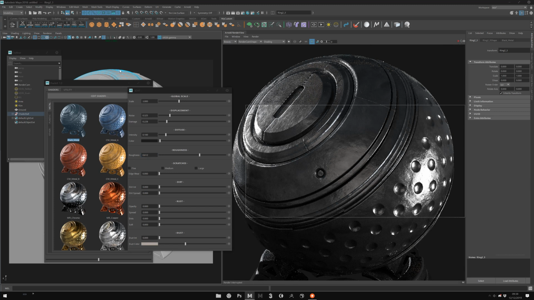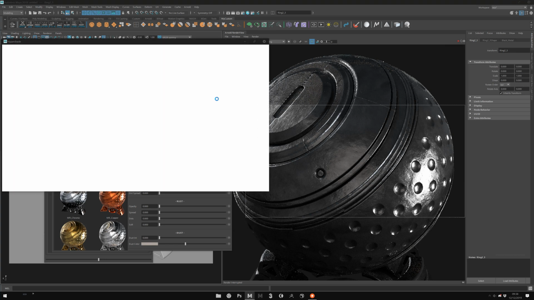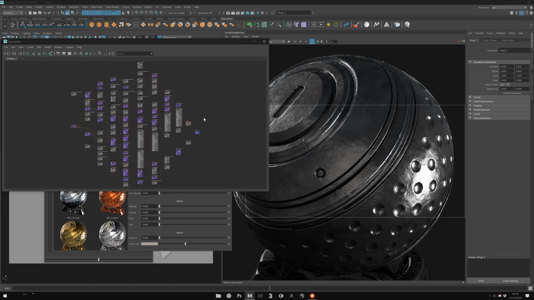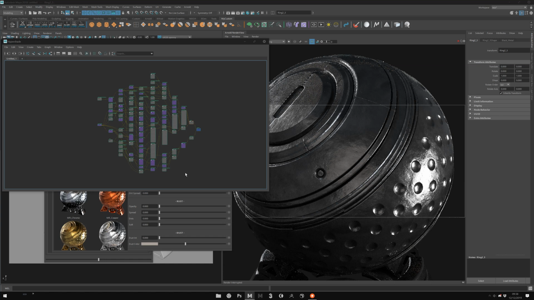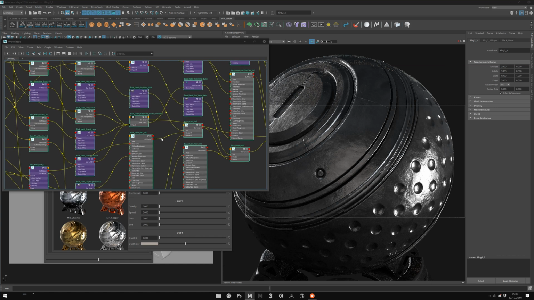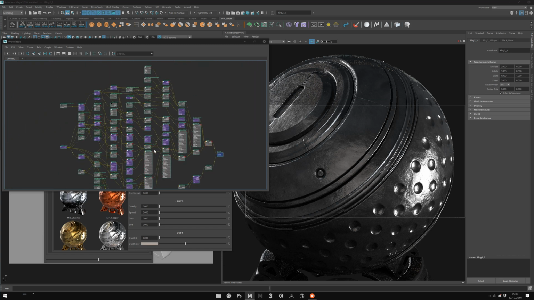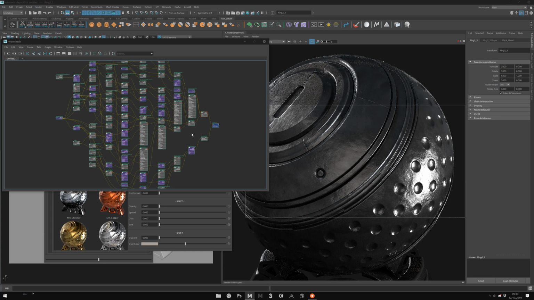What I mean is, for example, if we take a look at what this black metal shader is, in fact, I will show you here by opening the Hypershade. Okay, this shader is in fact something like that. You see, it's really complex. And the problem with a shader like that is, it's powerful, it's complex, but if you're not the guy who built it, and even if you are, it's really complicated to remember where is the slider, the value I should change here to affect the roughness. Even me, I don't remember.